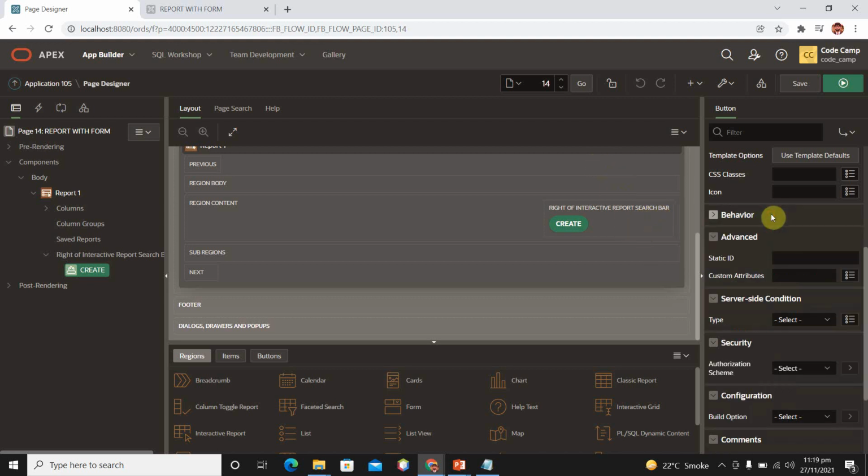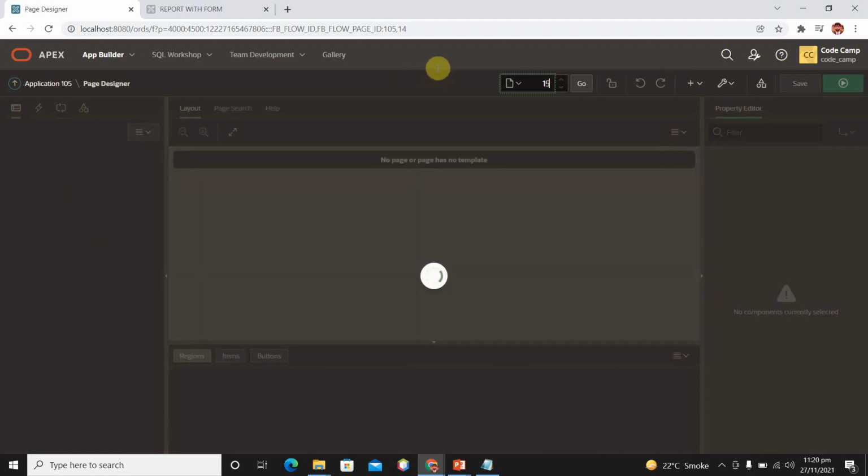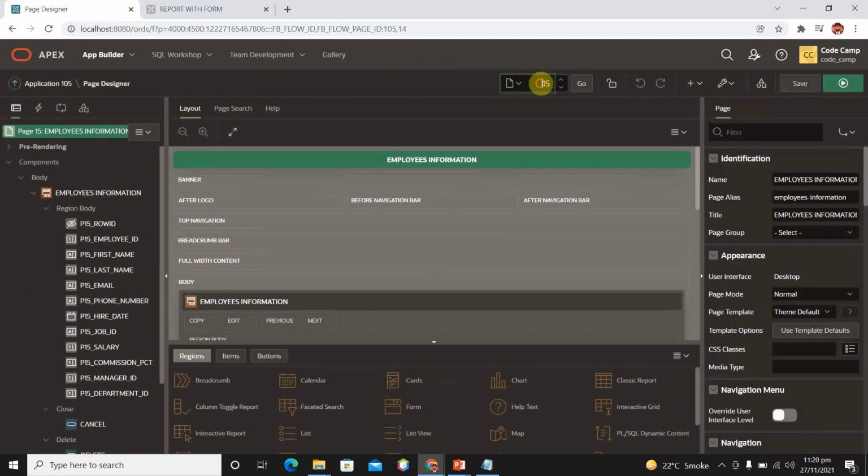We will cover dynamic actions in our next videos. So save it and move to your page number 15, which is our form. You can move to any page by entering the number of the page and clicking on go. So this is our employee information form which is used to create new employees.